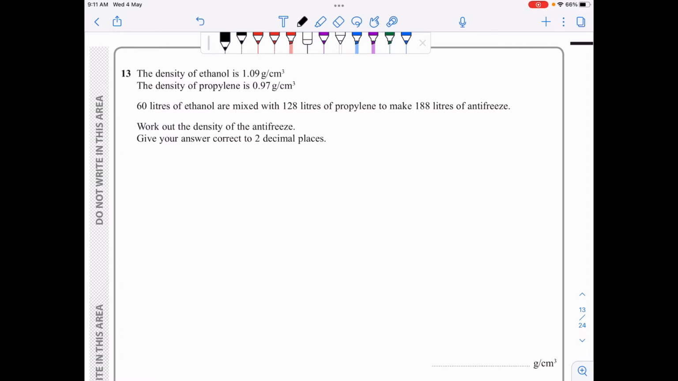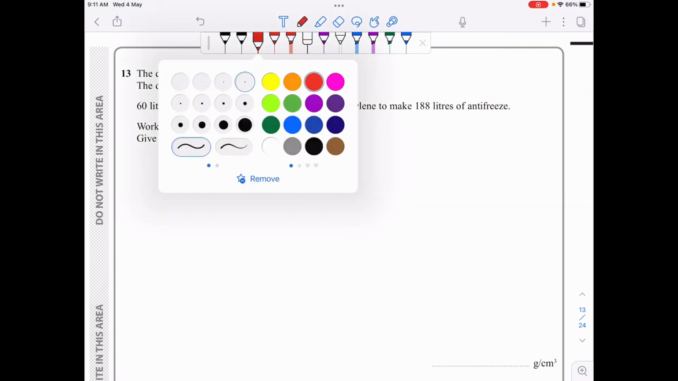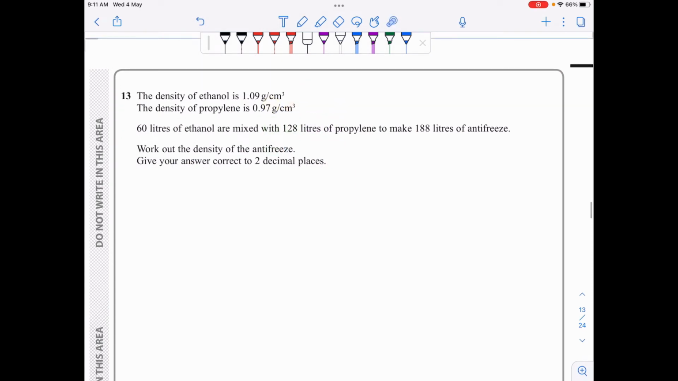I think it's a good idea to start off by writing the formula for density. If you look at the units here, they always reveal the formula. Density is measured in grams per cubic centimeter, so density is mass over volume. So we'll work on ethanol, then propylene, and then the mixture, which is an antifreeze. So for ethanol,